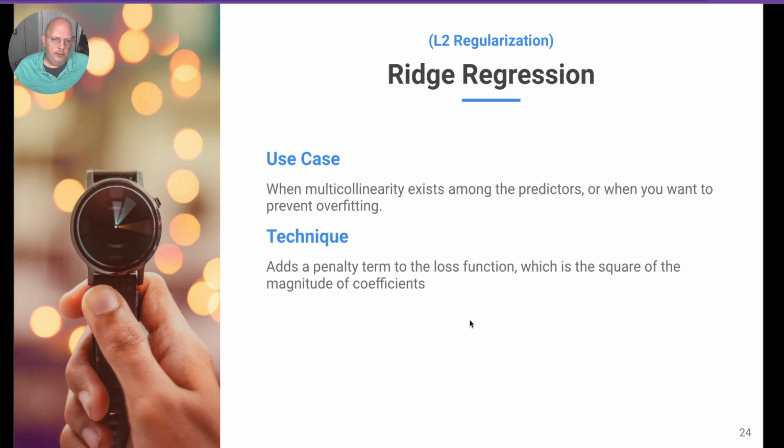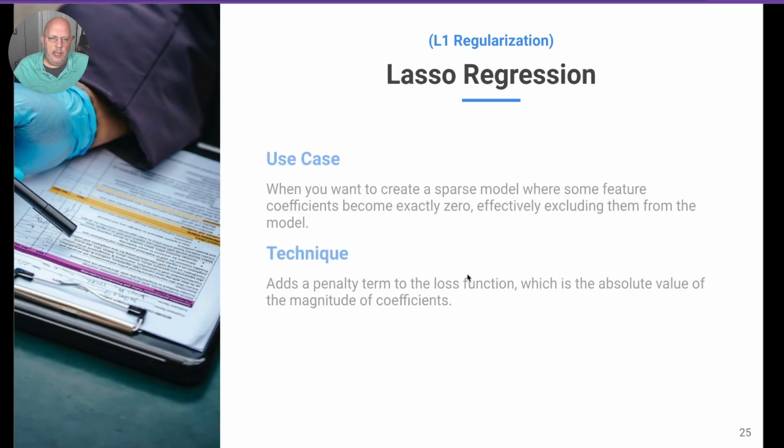So lasso is good when you have... Let me go over to the next one. See what I say about lasso. Lasso is really good when you have things that are, I guess, similar. When your covariates are similar, when your regressors are similar. When your collinearity is high, you want to use ridge or lasso, and it depends on how high they are which one you want to use. It adds a penalty term to the loss function.